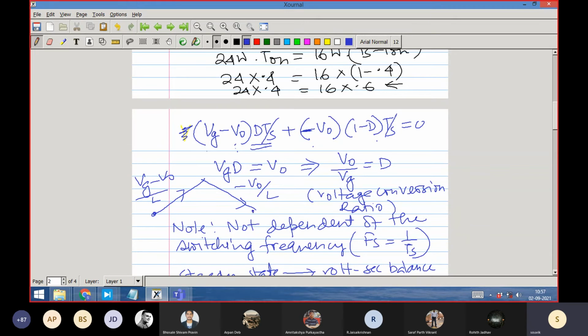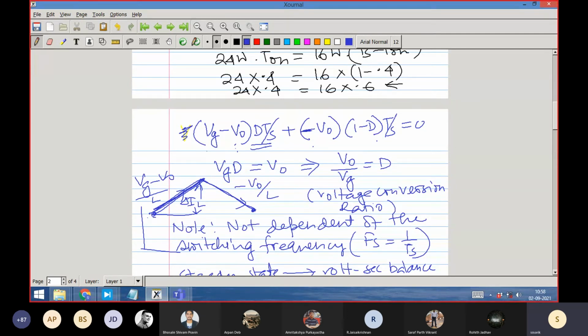The only thing I am assuming is that these two end points are equal. It is not assumed that this inductor current is constant. The inductor current has a positive slope and a negative slope, but the slopes are cancelling each other eventually. Not the slopes cancelling, rather the amount of change in the on time is compensated by the amount of change in the off time. This is delta IL. Whatever it has increased during the on time, it has decreased by the same amount in the off time. So current is changing.